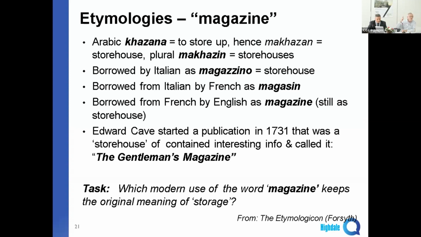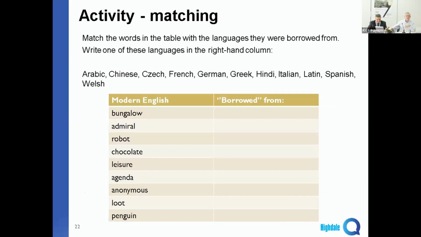But this original meaning of magazine still exists in modern English. Where? When do we use magazine meaning storage? When you put the bullets in the gun, the magazine of a gun is the storage, the storehouse of the bullets. Yeah, I'm a bit scared you know that. So there are millions of etymologies like this, which are stories in themselves that you can tell to students and get them to tell back to you and give them some activities.